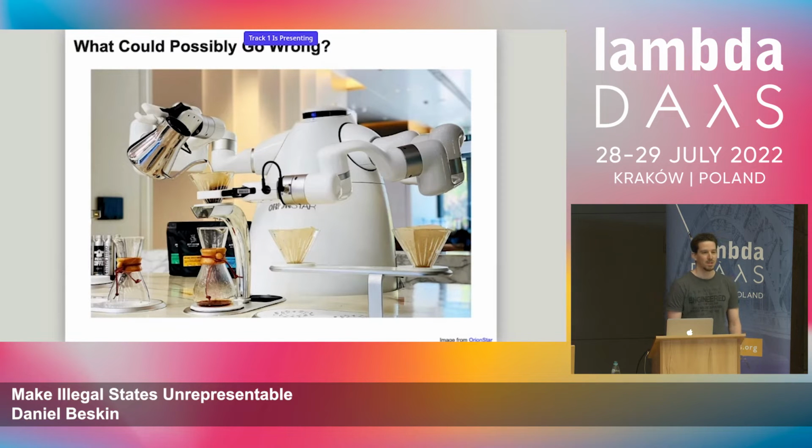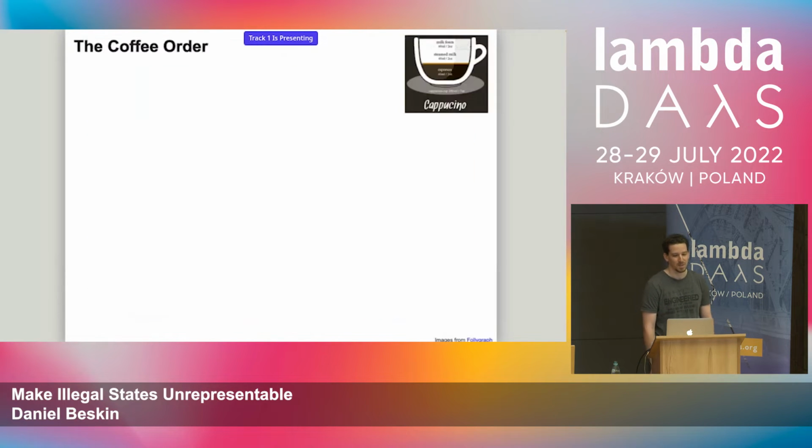So we start with the simplest part I could possibly imagine here, ordering coffee. Again, imagine that you are doing this proof of concept of your robot. You want to show that it can actually do something useful. So you want to specify how to order a cappuccino, which is, so I hear, a popular drink.